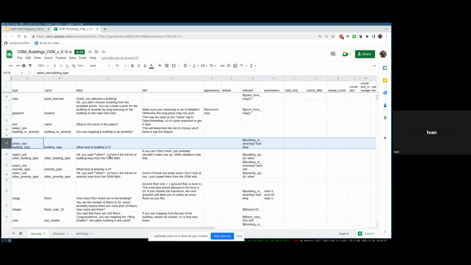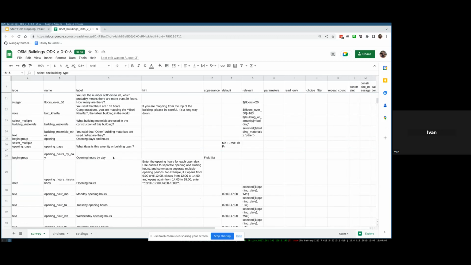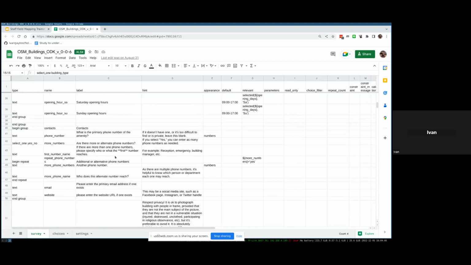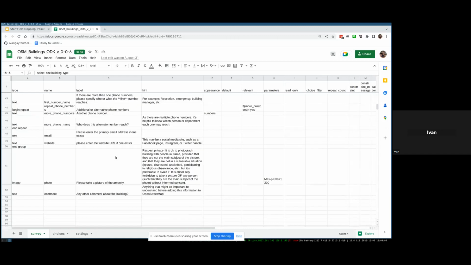And moving right along, you can build these complex forms, asking questions based on what previous questions have been. You can put notes. You can take pictures. Those pictures are